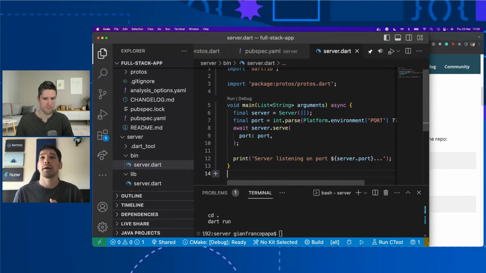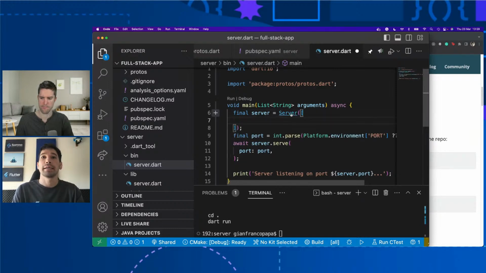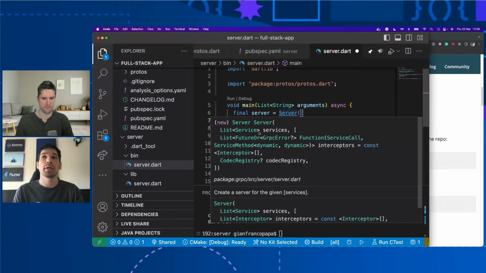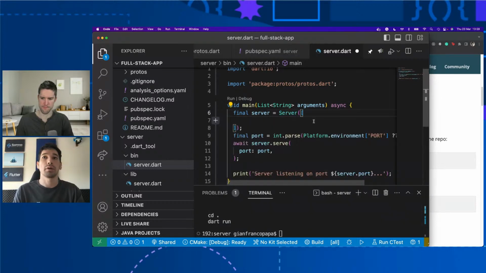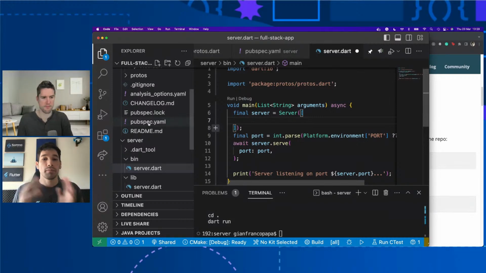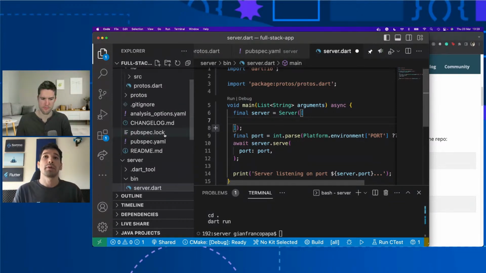Flutter. And one parameter that we are not seeing right now is this array. This will be an array of services. That is something that we actually didn't talk about so far. So maybe we can jump in and talk about the services, right? Because until now we only defined a message, the to-do message, right?